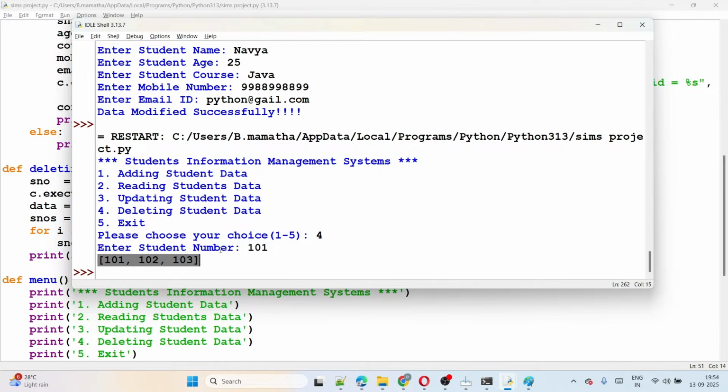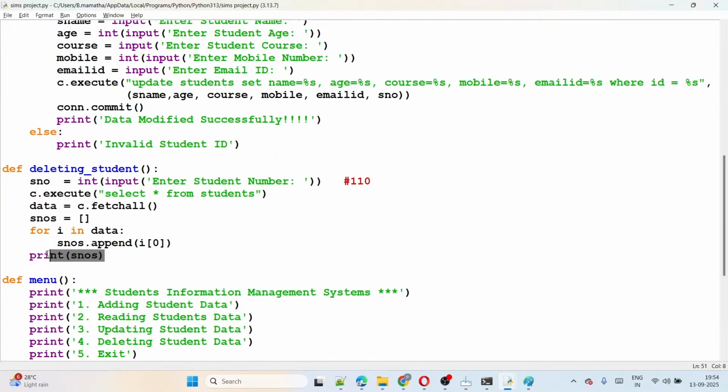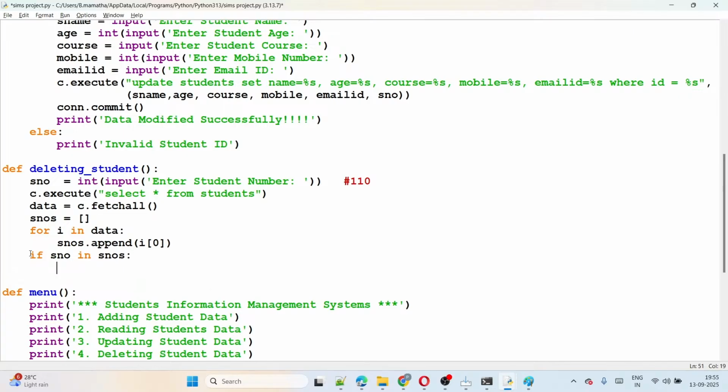Now what do we do here? This 101 should be checked in these numbers, whether available or not available. If not available, then display an error. If available, then what do we do? Delete that specific data, guys. Observe here, same: if that S number is in S numbers, if it is available, then we delete, right? How to delete? Same, c.execute of